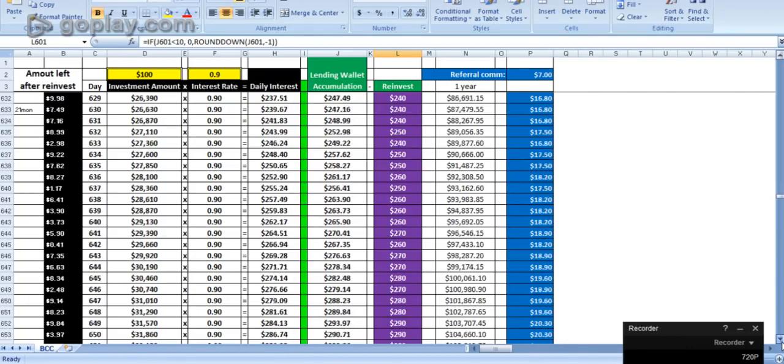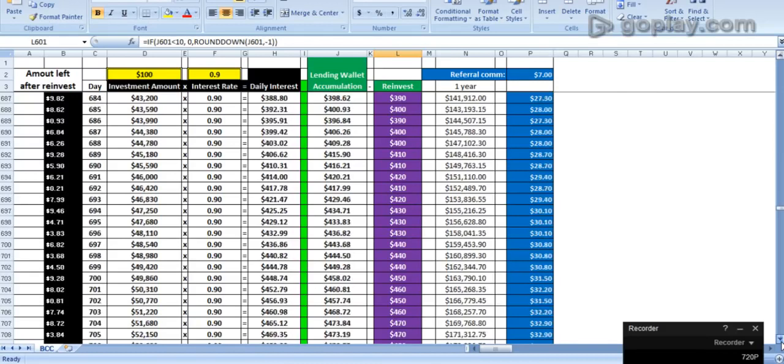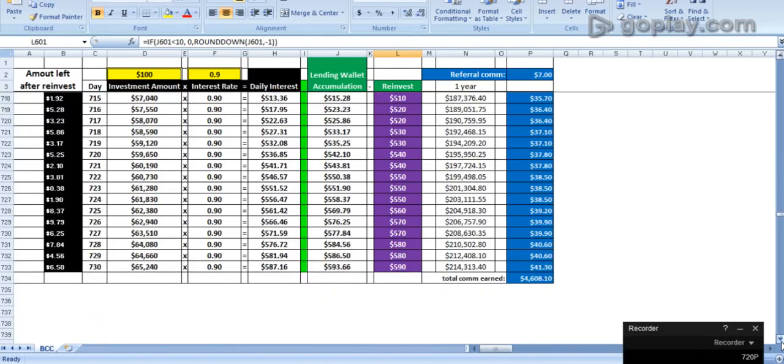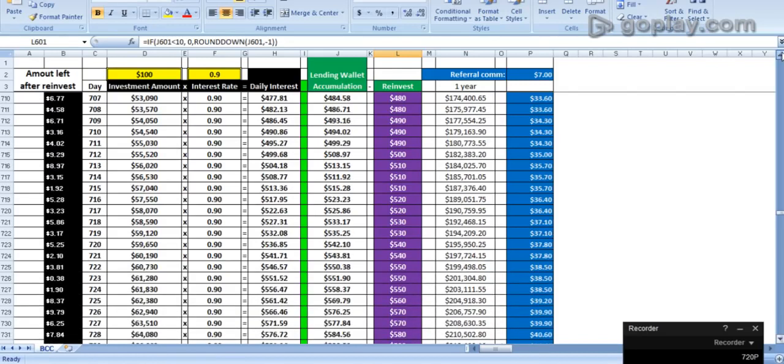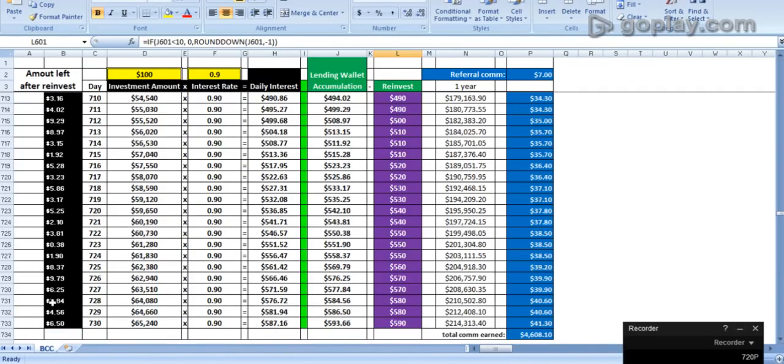I just wanted to show you now, after 2 years, which is 730 days, your $100 now has become already $65,240, and you're getting payments every single day of